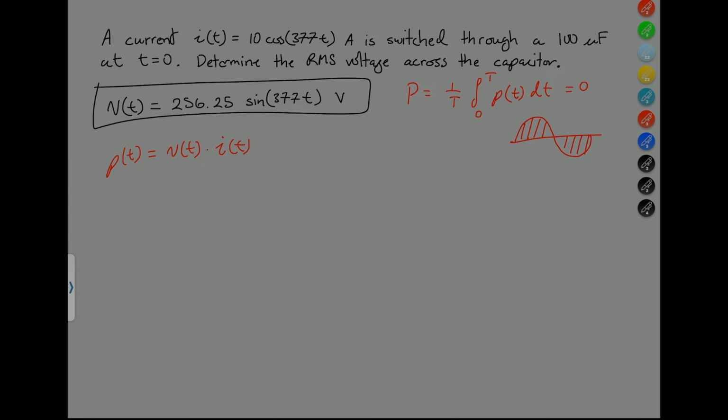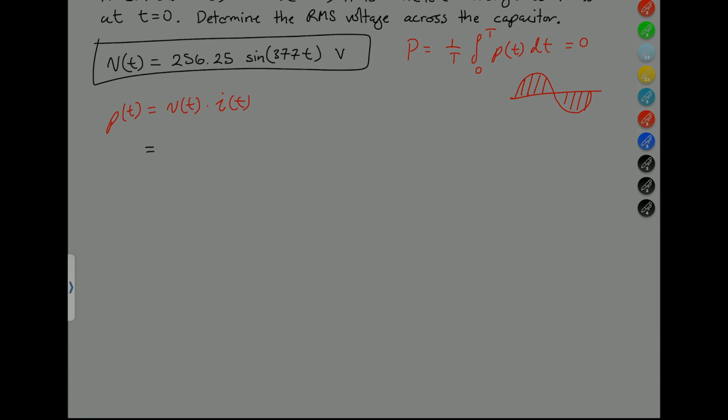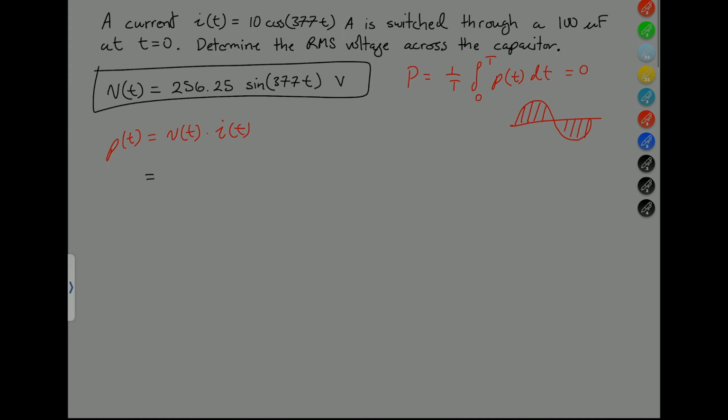So this is a previous problem that we did in a video, and we'll link that video in the top right of this video. So in that previous video, we calculated that the voltage across the capacitor is equal to our expression. So in terms of finding our instantaneous power, we have the current through the capacitor and the voltage across the capacitor. So then we just multiply to get the instantaneous power. So let's do that. So that will be equal to our voltage. So that is